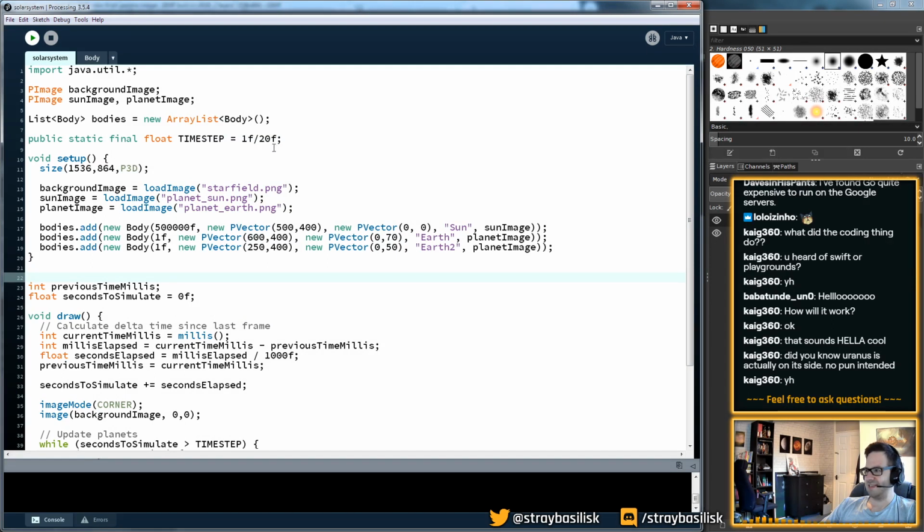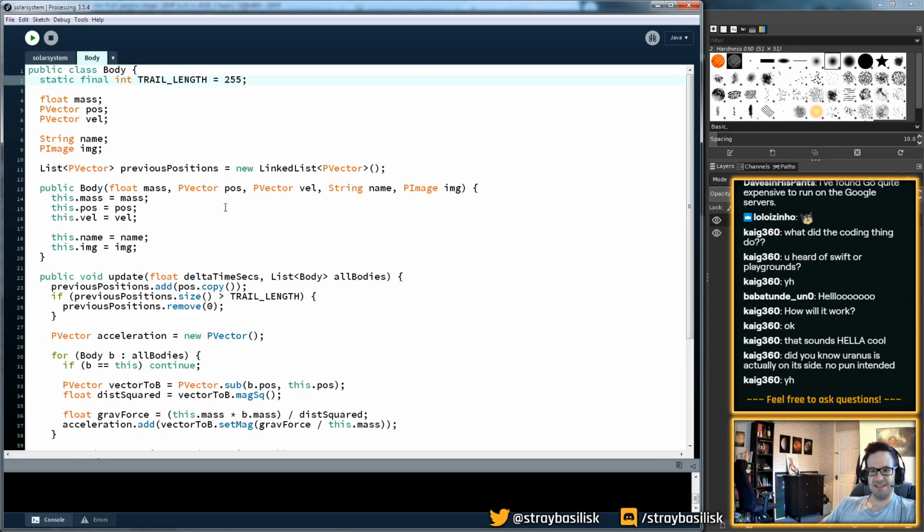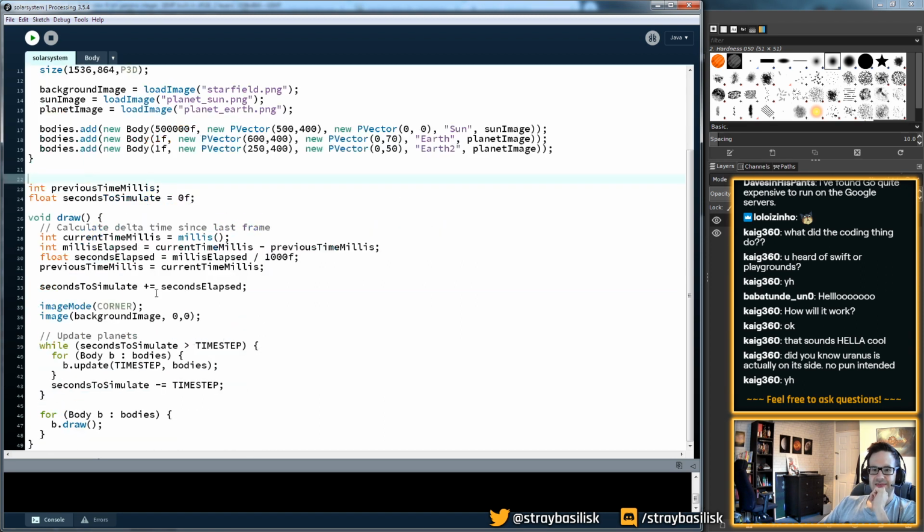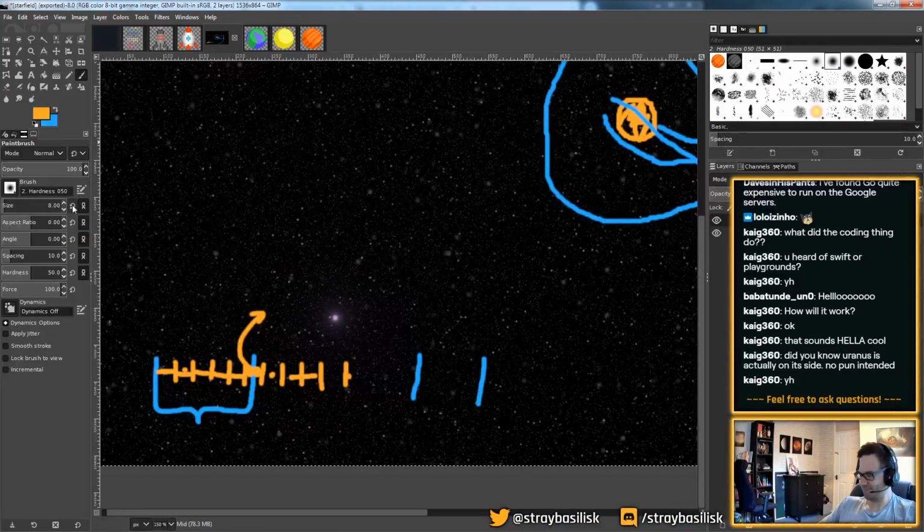Okay, so we've got that working. There's still a major issue with how we're doing this physics update, and that issue is here. What we're doing here is updating each planet, or each body, in turn. And at the end of this update, we change the position of this planet, right? So if we imagine we've got two planets, a planet here, another planet here,